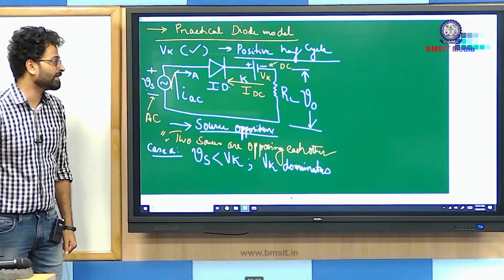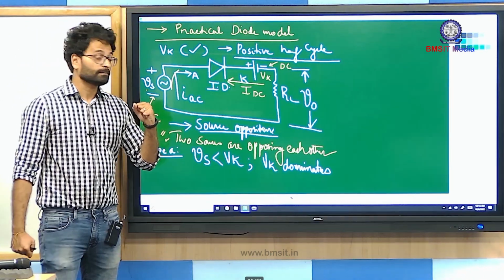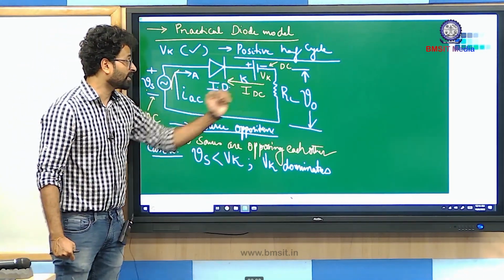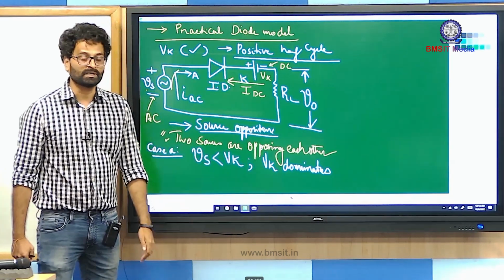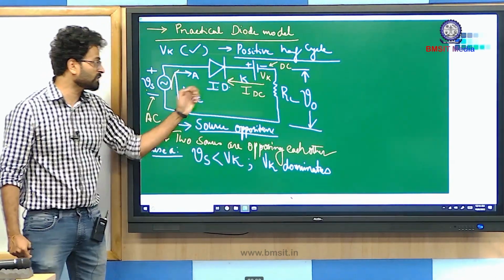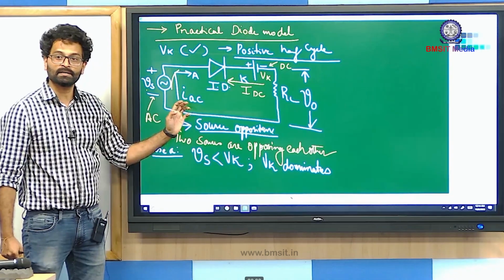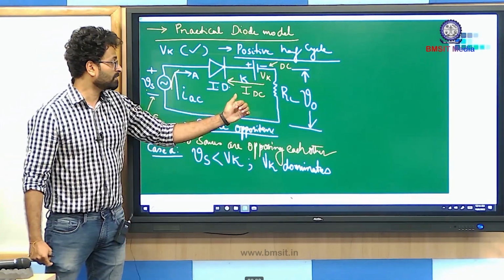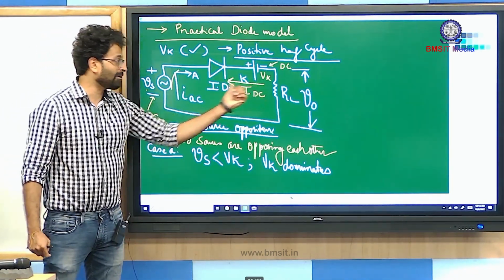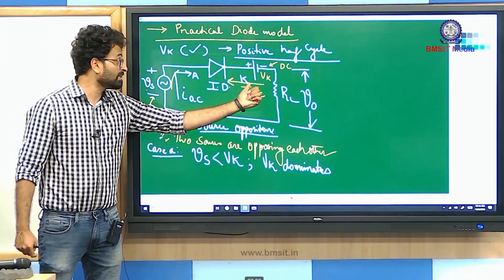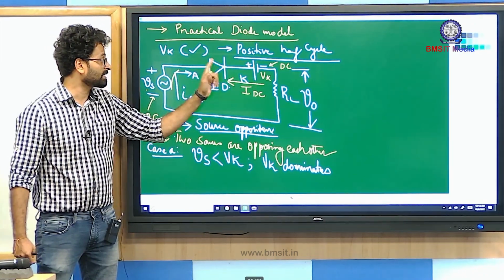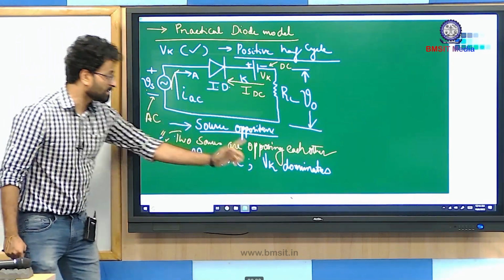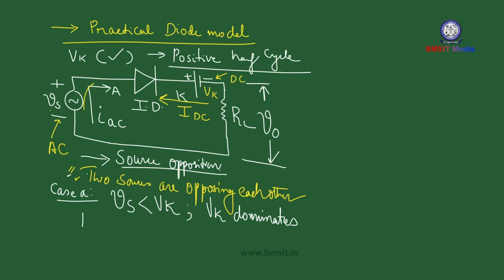The meaning of dominating source is that the working of the circuit is dominated by this Vk source. And how is this Vk source trying to circulate the current? The Vk source is trying to circulate the current in the anti-clockwise direction, and you can clearly observe that the positive terminal of Vk is connected to the cathode terminal. Since Vk is dominating, you can say that